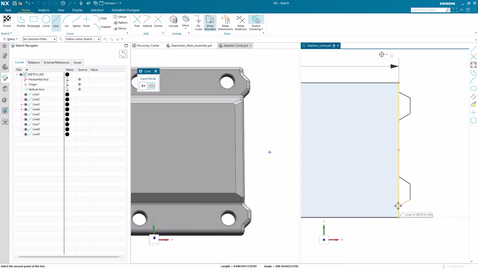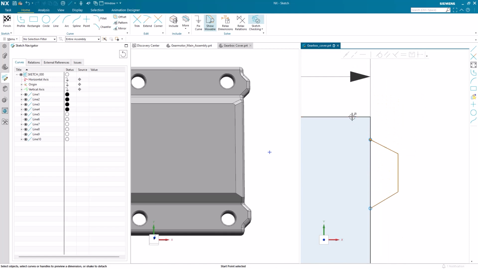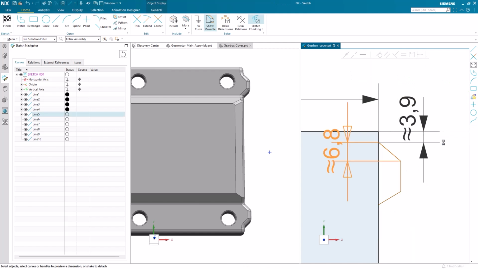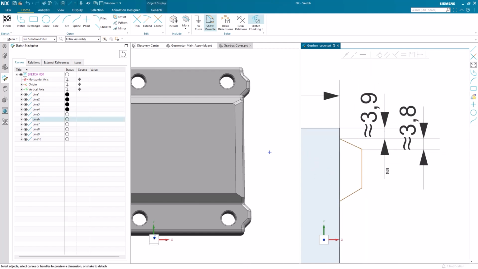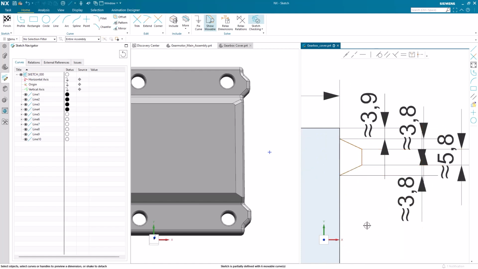Each line and curve that is produced will be organized here, so we can track new changes as they are made. One of the most important steps in creating a sketch is to fully define each curve and line. The Sketch Navigator informs us when this is done. In the Curves tab, the status column shows when each arc and line is fully defined, with the sketch row at the top of the window, displaying the overall status of the entire sketch.